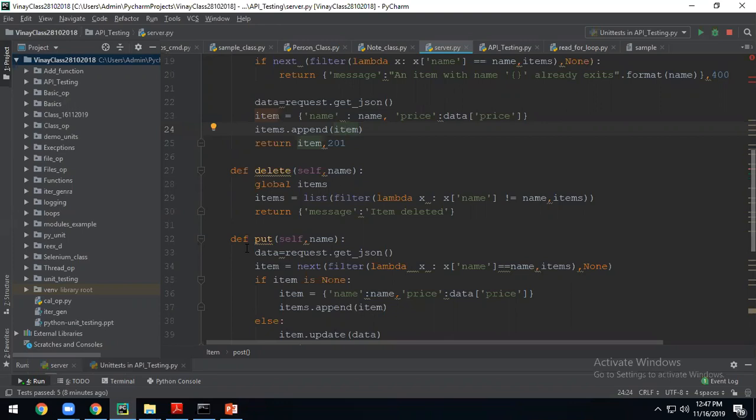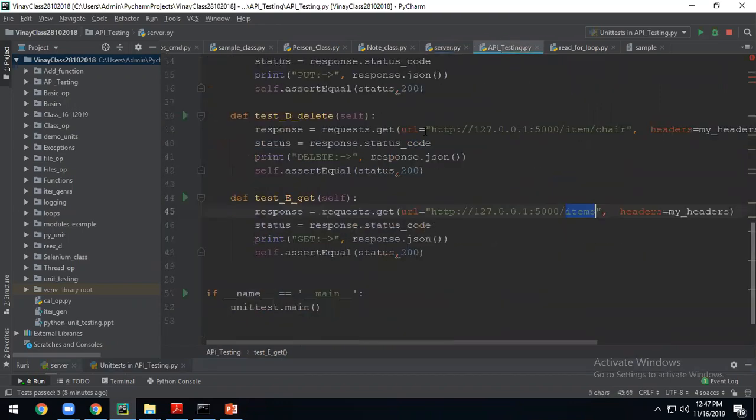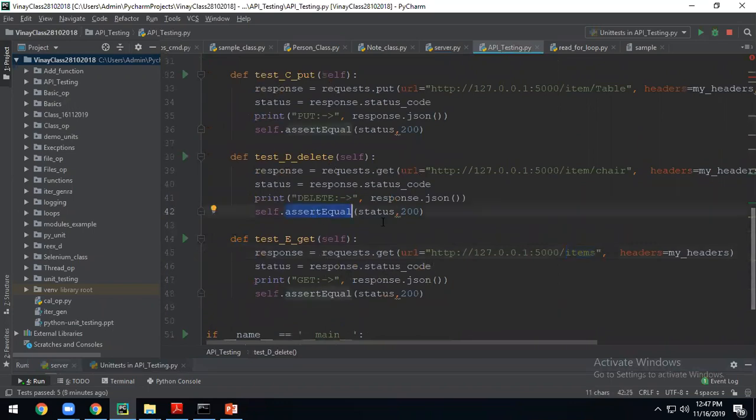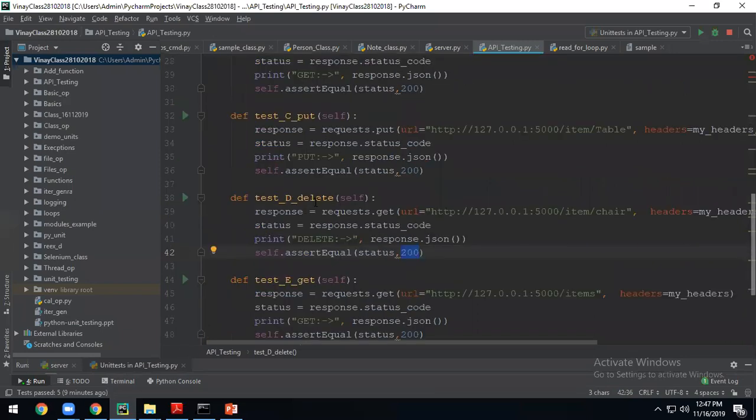Which one? Assert equal here, no? On the client side, now you're talking. So here you got a status from the response. Your intention is, if it is 100 it means success. Otherwise, it will throw an exception. That means in any operation, it is not completed. So you can say that there is a problem in doing any of the operations.